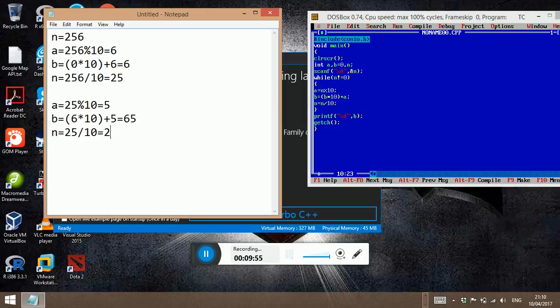Now let's calculate the same thing using 2, because 2 is not equal to 0. So a equal to 2 mod 10. 2 mod 10 is equal to 2, the remainder is 2. Now b is equal to 65 into 10 plus 2, it is becoming 652,